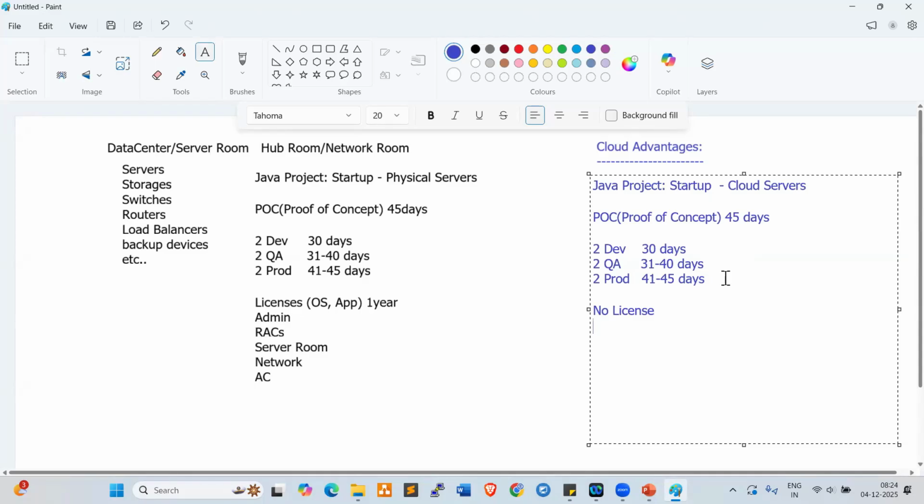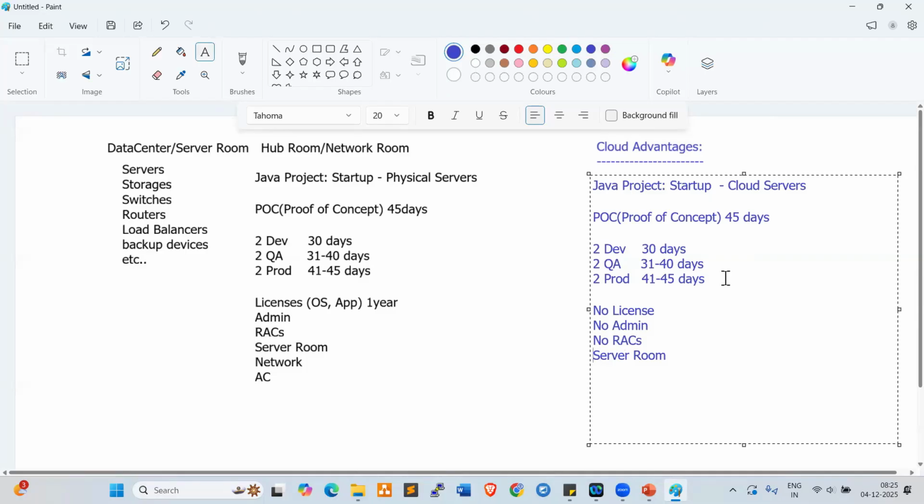No admins needed. As a cloud engineer, as a DevOps engineer, we can create servers within a minute, right? No racks, the vendor will take care of the server racks. No server room either, they will take care.